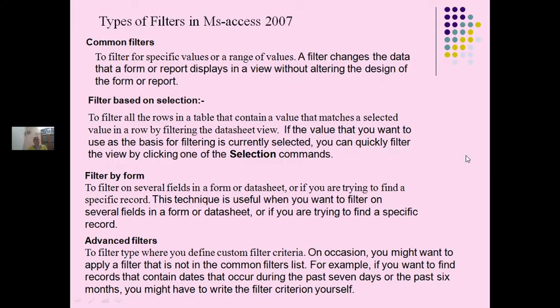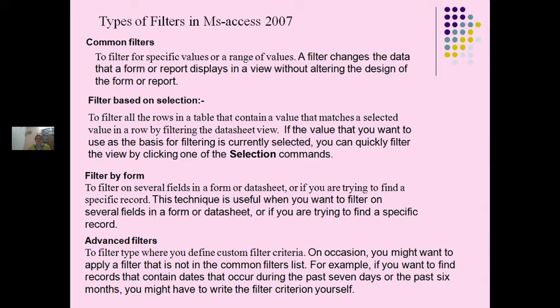Now let us move to the next topic, what are the types of filters in MS Access 2007. The types of filters in MS Access 2007 are common filters, filter based on selection, filter by form, advanced filter. Okay, what are common filters? To filter for specific values or a range of values.